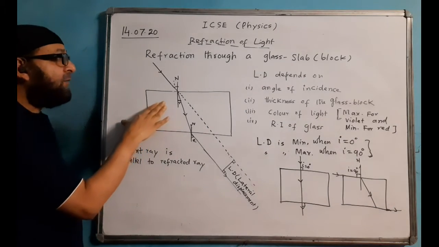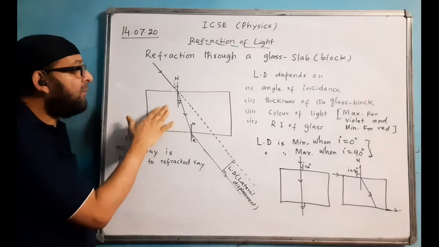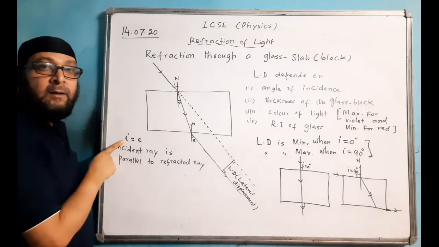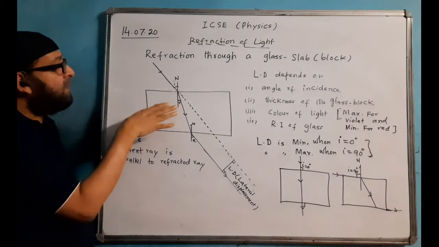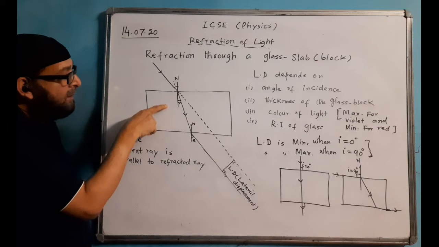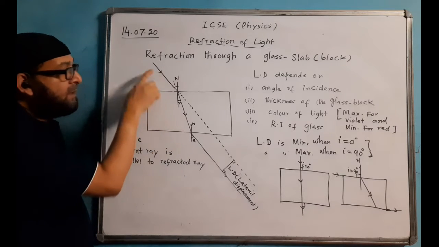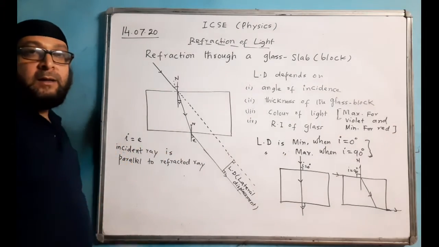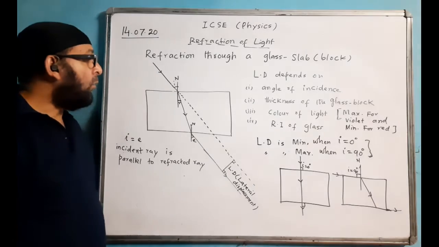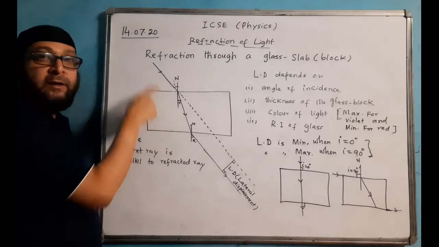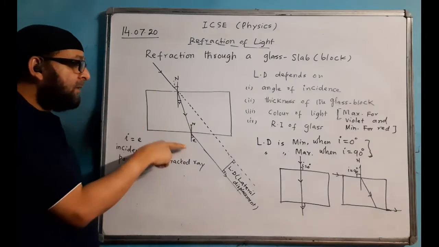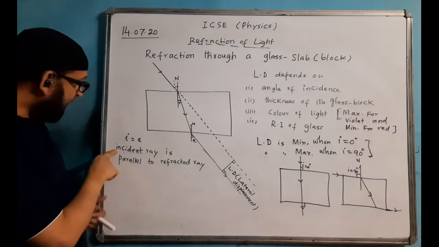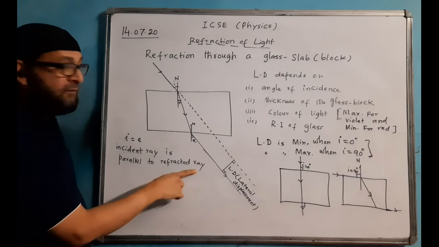Now, when refraction takes place through a glass slab, we always find the angle i and angle e are equal. I have written it here. Why are they always equal? Because the medium is the same. This is air-glass, and again here glass-air. Both sides of the glass block have the same medium. That's why angle i and angle e are equal. Angle i and angle e will not be equal only when the media here and here are different. Suppose this side is air and this side is water, then the angle i and angle e will not be equal.